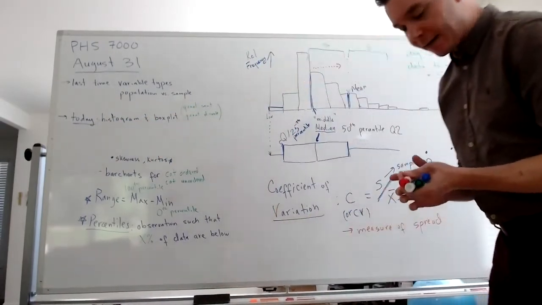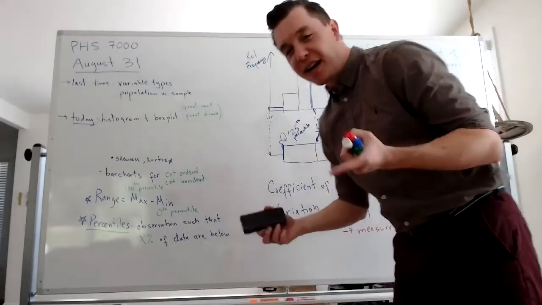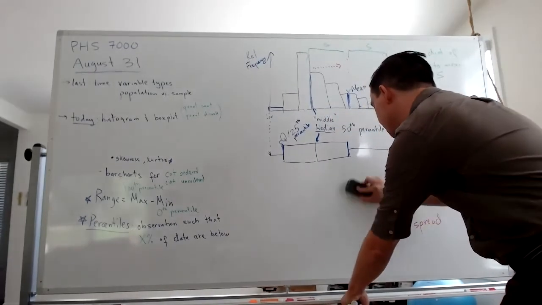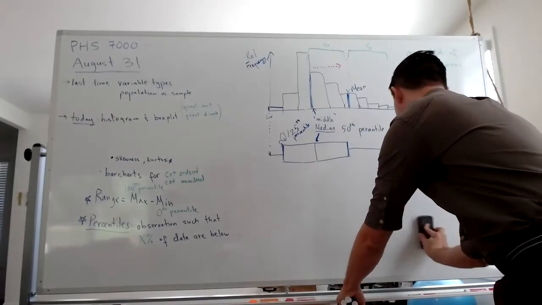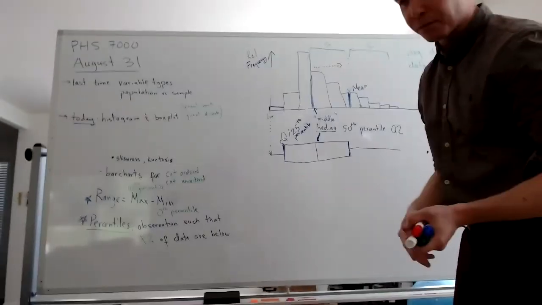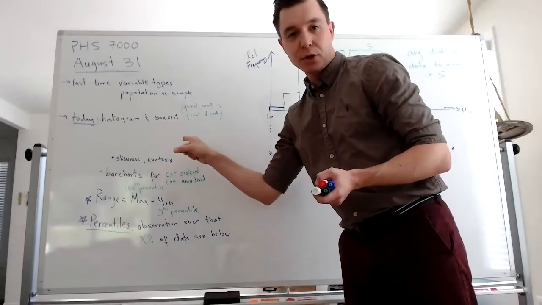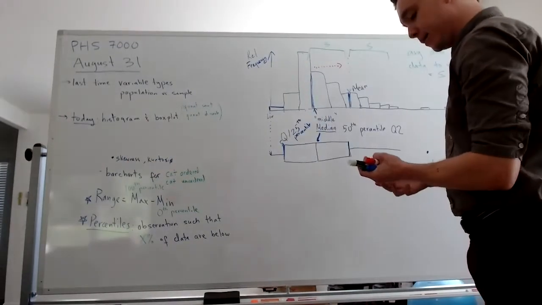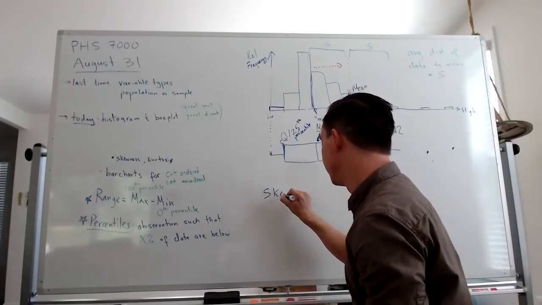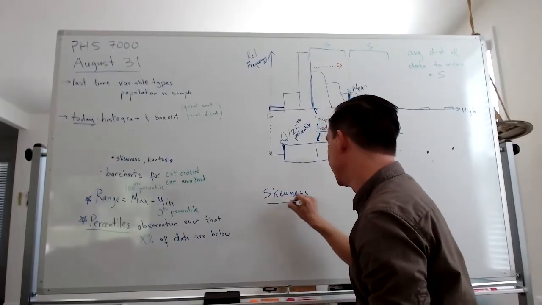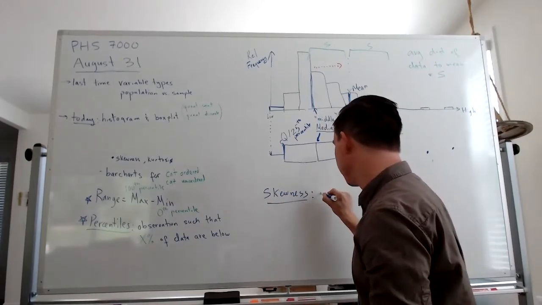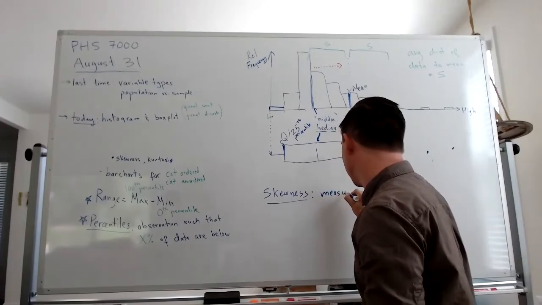The next few, I've mentioned that I've already described them using English language words, but now these two measures get a number. We take our data set and we distill it to a single number. Skewness and kurtosis. Skewness. I don't know what the standard notation is for skewness. It's a measure of the shape